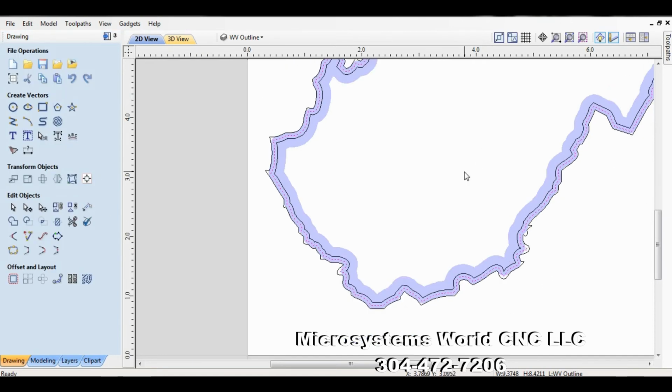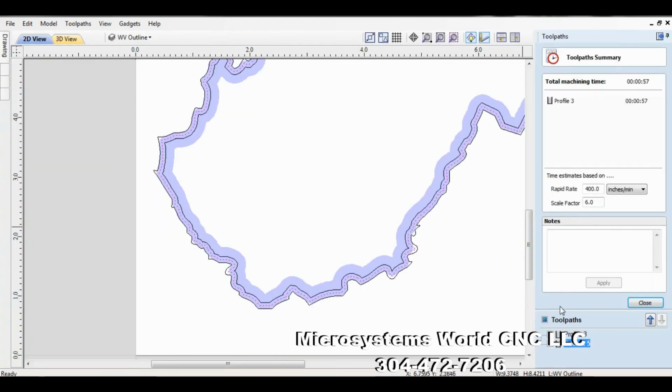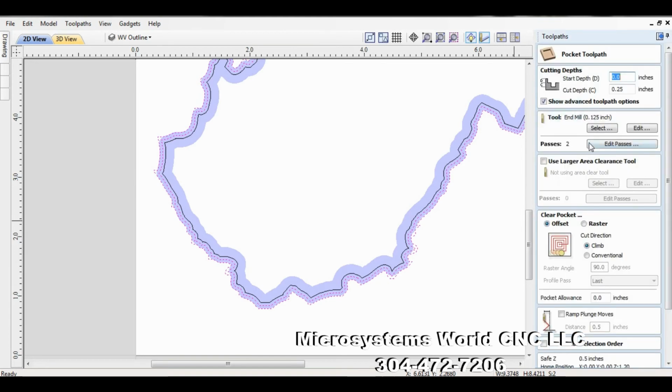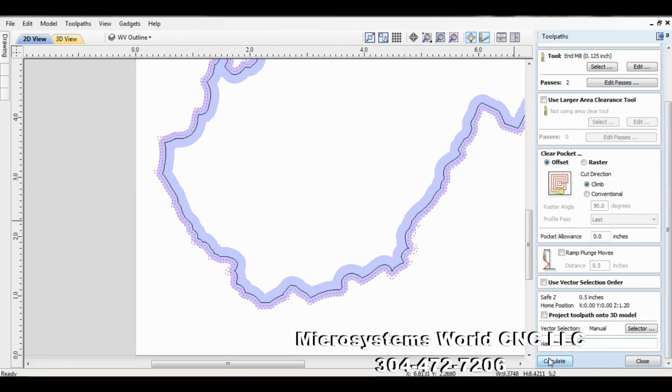And now I come back over, and I'm going to hit the F12 key and come back, and now I'm going to close that, and I'm going to make a new pocket cut. Select both of those here, and on this one I'll leave 2 passes because the tool is so small. And I'll calculate,